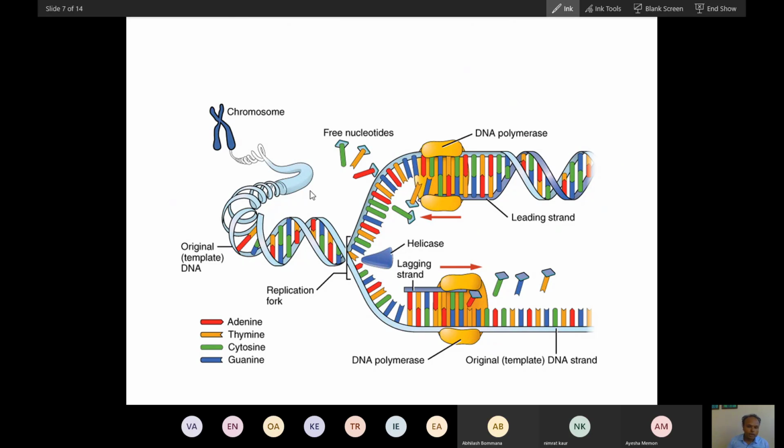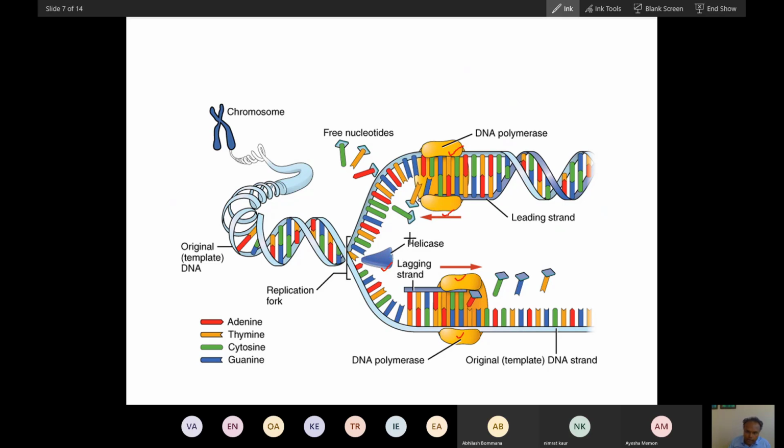I have already told you that this is unfolded DNA. You can see this unfolded DNA. The DNA unfolding happens like this, and then replication happens like this. You can see on both strands there is DNA replication. For DNA replication, you can see many types of proteins. Here you can see DNA polymerase, and here also DNA polymerase, which polymerizes these two strands. And helicase, as the name suggests, opens the helix.